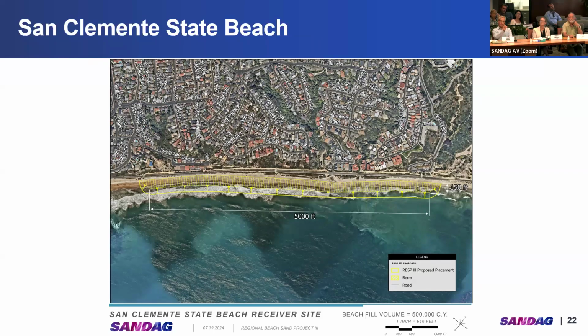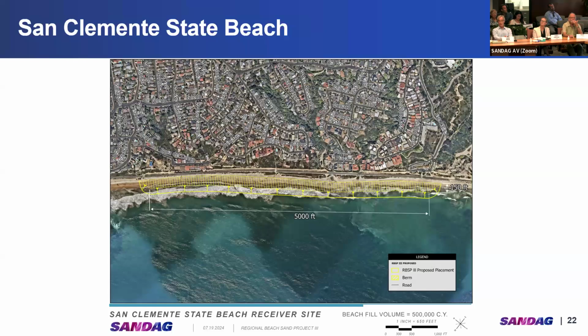So we've looked at a public access way at the foot of Calafia State Beach at the south end of this fill, and then a northern access point near Trafalgar Street, which is pretty much the south end of the Army Corps of Engineers placement footprint. So what we're doing is we're placing sand just south of where the Army Corps of Engineers is planning on placing more sand. And this is a 500,000 cubic yard fill. This is not trivial. This is a significant one.